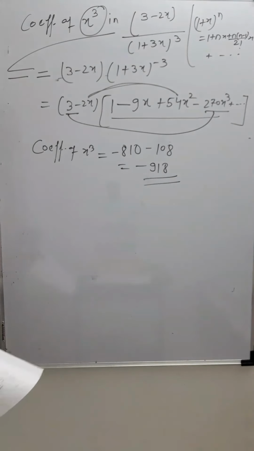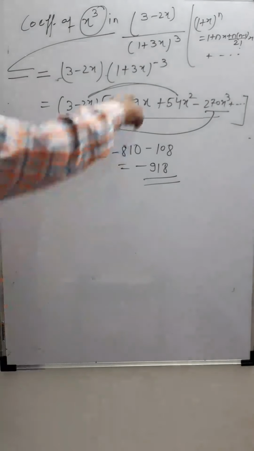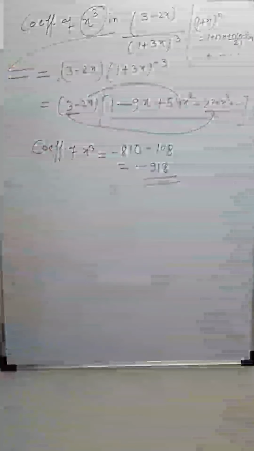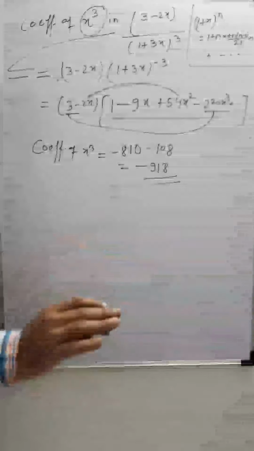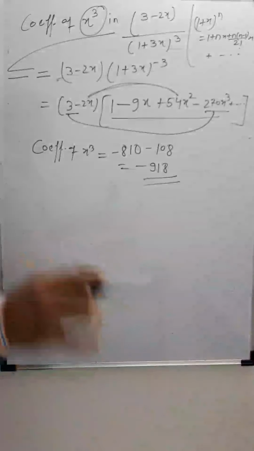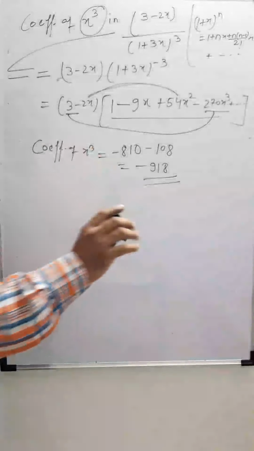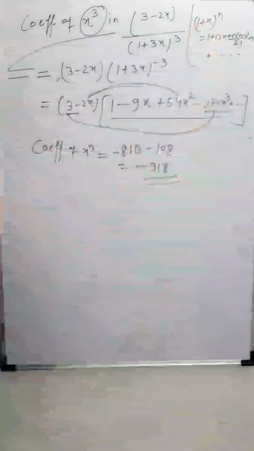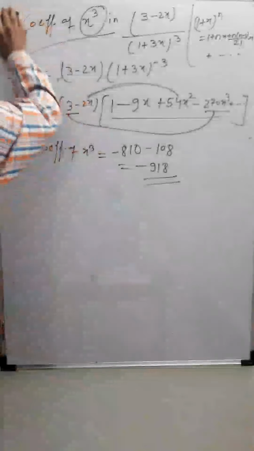So again you must know how to expand the negative index with the help of this result. Here it came 1 plus 3x to the power minus 3. That you can do at runtime also if you remember this formula. You remember 1 plus x, 1 minus x, minus 1 power, minus 2 power. That is sufficient for results. But if sometimes something different comes, you can go with this formula. See one more situation.